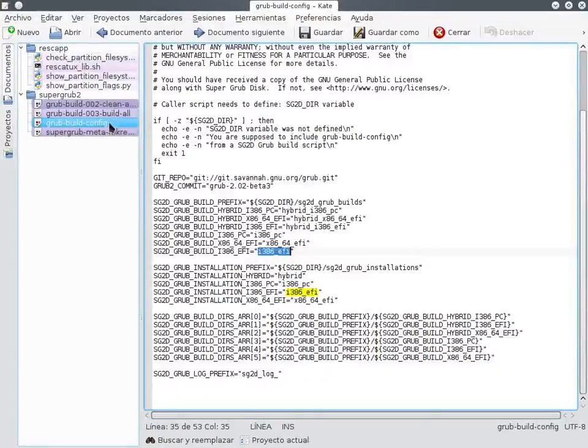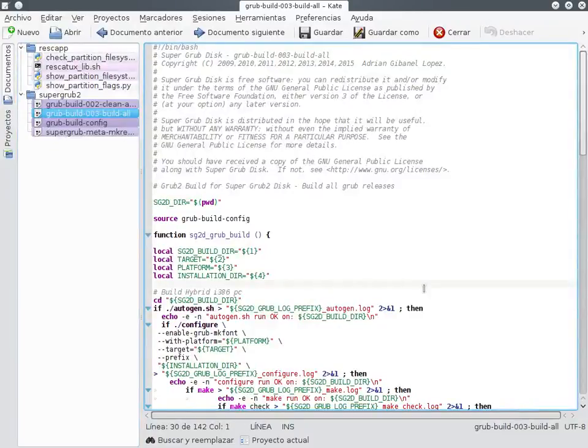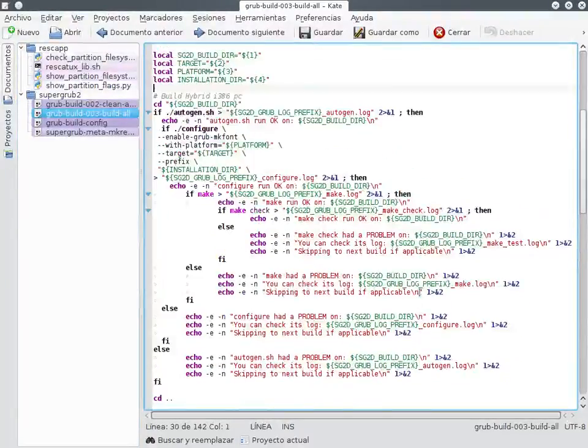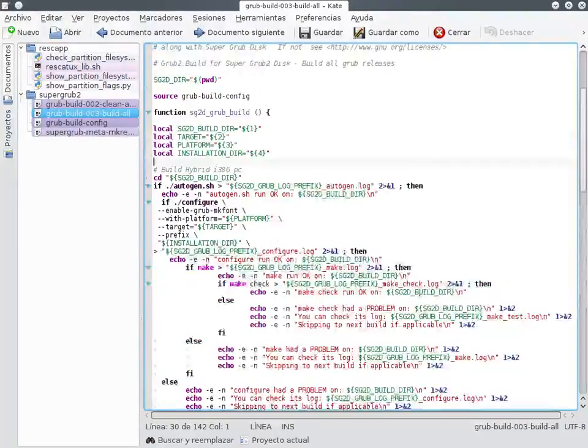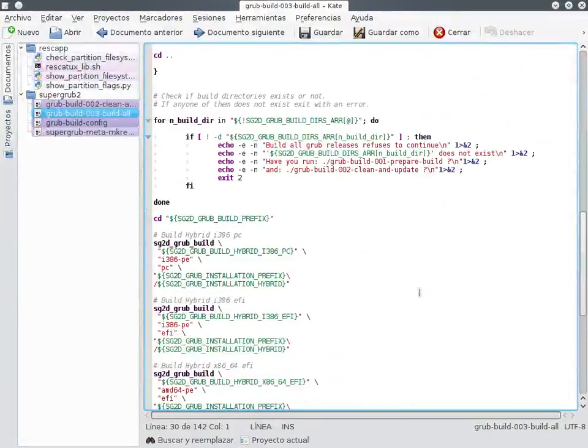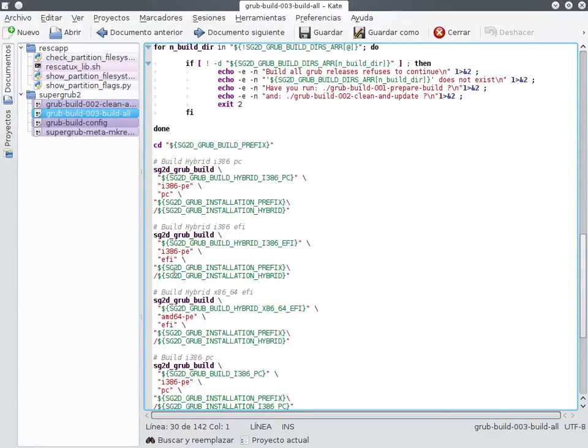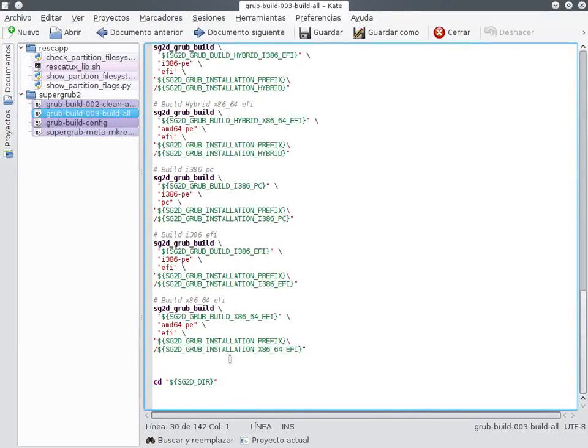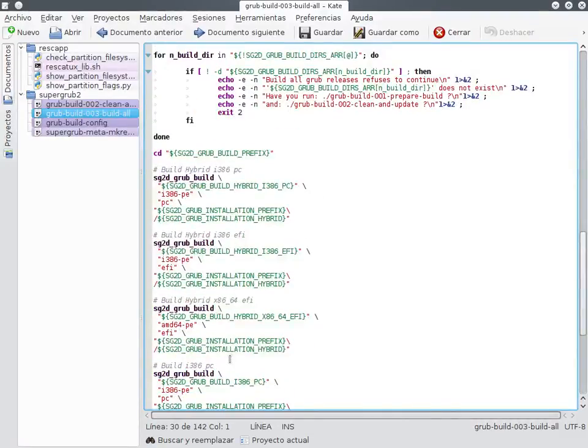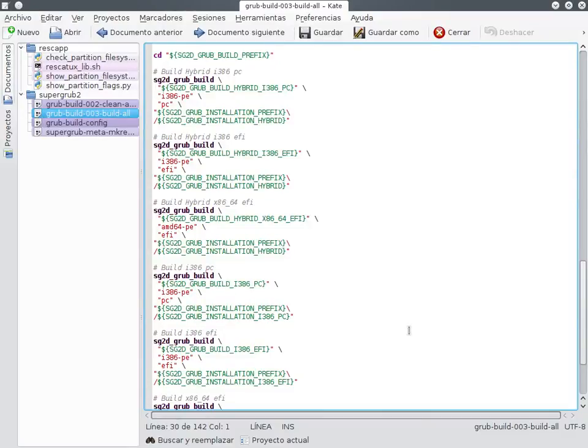This is the third one, but this is the third one with your patch, so I'm not sure if I'm going to read it right, but the idea is that you build every one of them, and then you can install them in the different